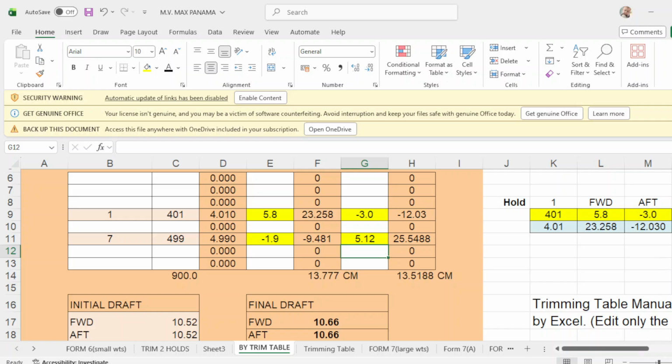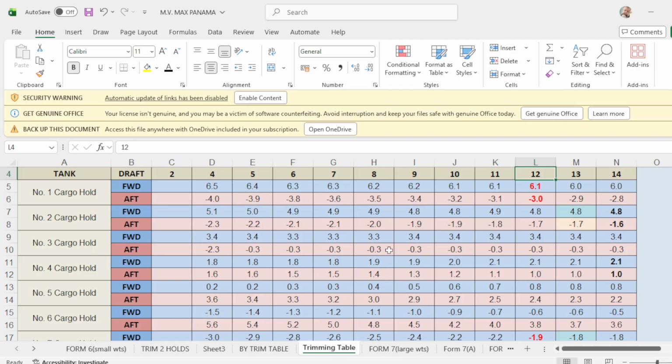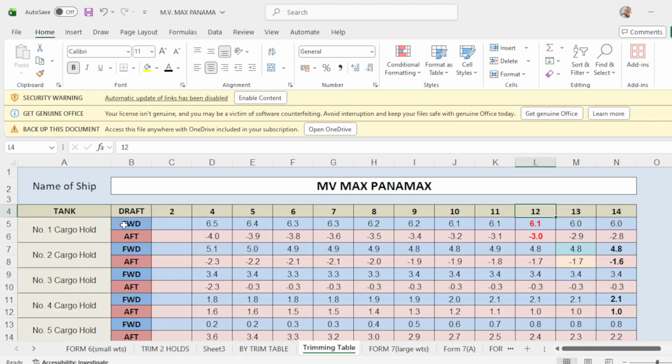Now I will go to the trimming table. Take note, guys, this is your drop, from 2, 4 until your 14 meters drop. And this is your cargo hold number 1 forward correction and up correction.